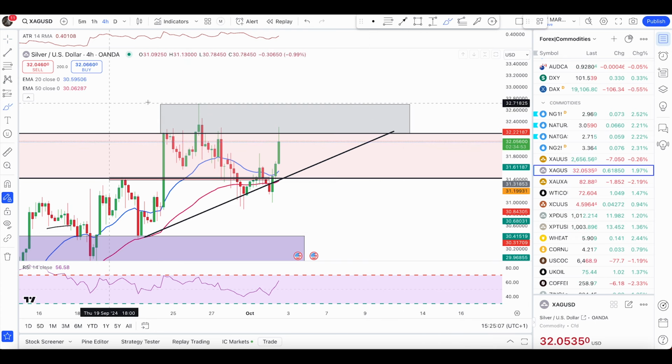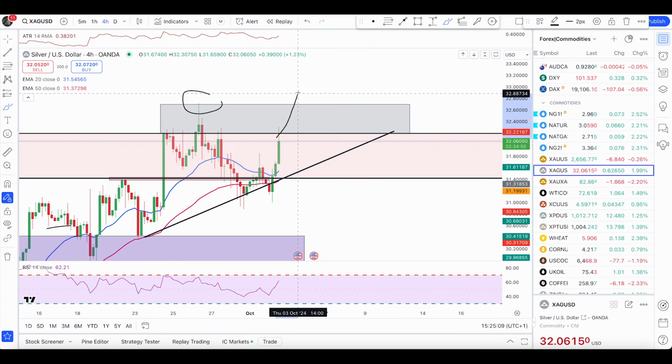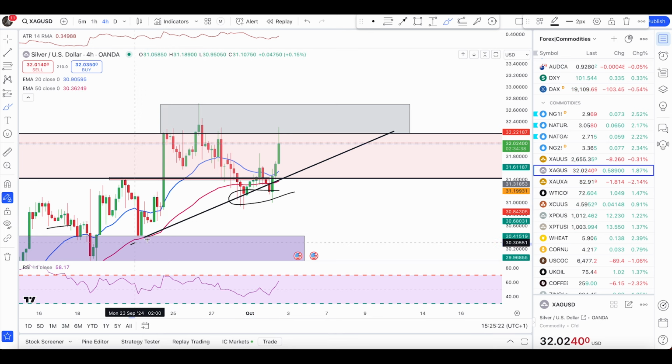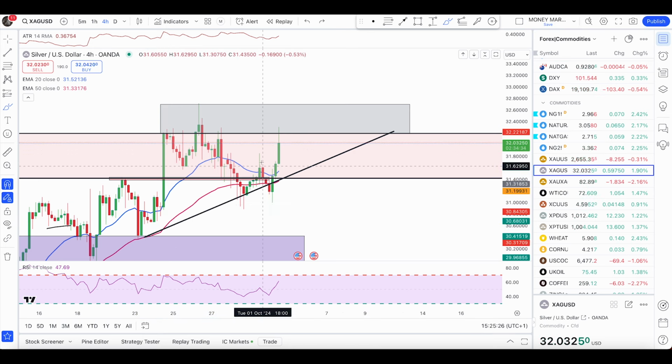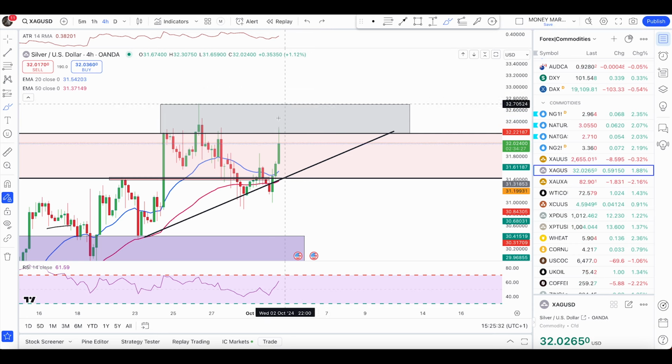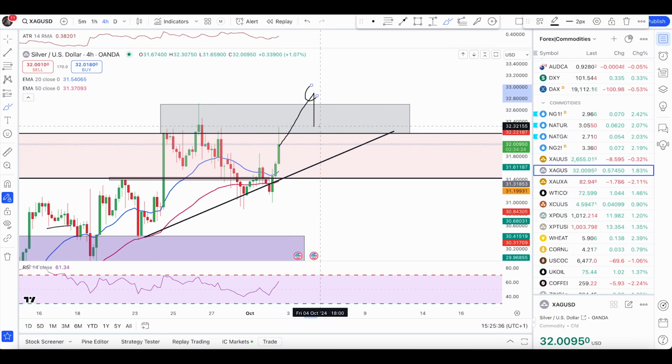Now here, preferably I would like to see a break above this high for my next pullback entry bullish. But now in this level, if the price forms a bearish engulfing pattern, in that case we can expect some sort of big pullback. Silver has pushed up out of this double bottom that happened at the trend support, and that nicely pushed the price higher. But for my sell trades, either a bearish engulfer, that is what I'll be looking at, or inverted hammers. If the price pushes up, leaves the wick here and forms inverted hammers,